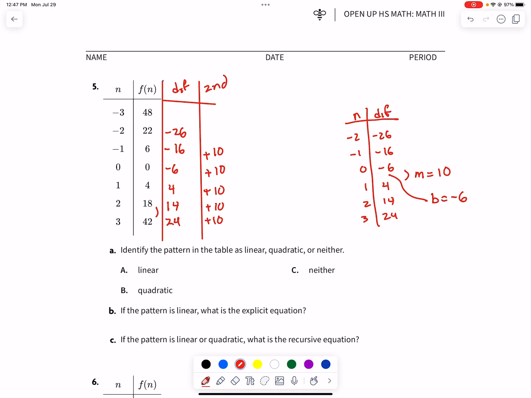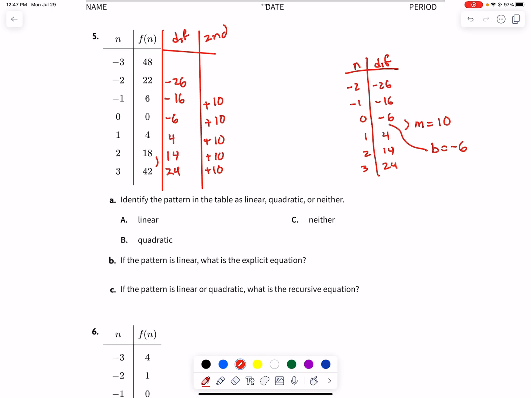And again, the slope on a linear function is the difference, and the b, the intercept, is the value at x equals 0, or n equals 0. Okay, so this is quadratic. So just as a point, it's not linear, so there's no answer here, but